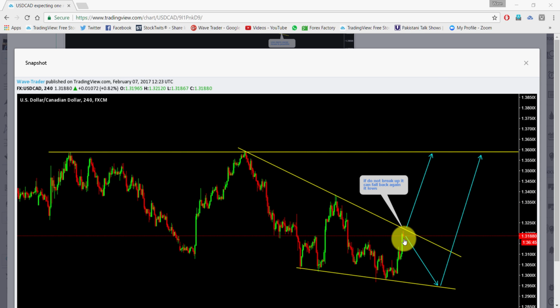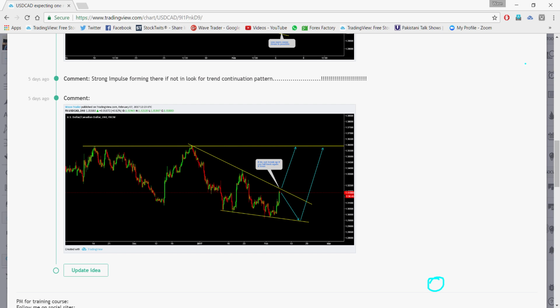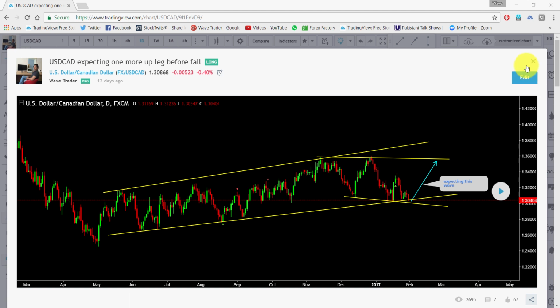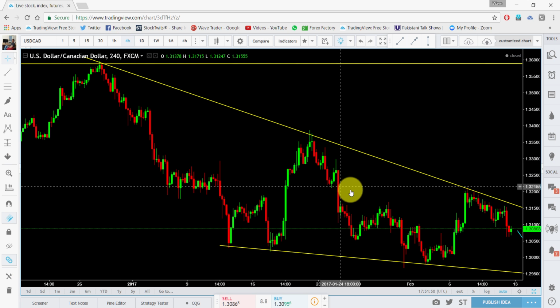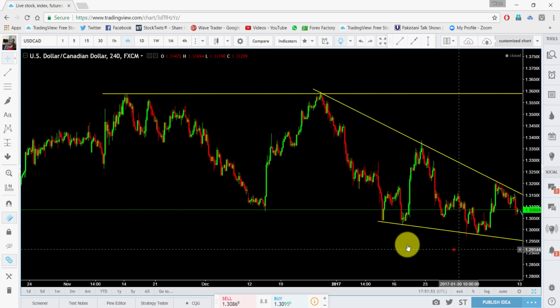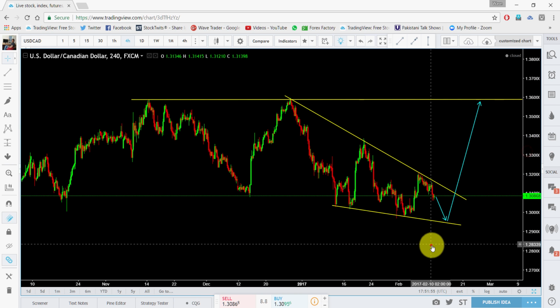We didn't get the continuation pattern here, just outside the previous trend. The downtrend is still intact, and we didn't get the continuation pattern. So we will look for a buy based on indications, a risk-taking entry. One more move to the upside is still left, because we can see that the dollar index is going to get stronger